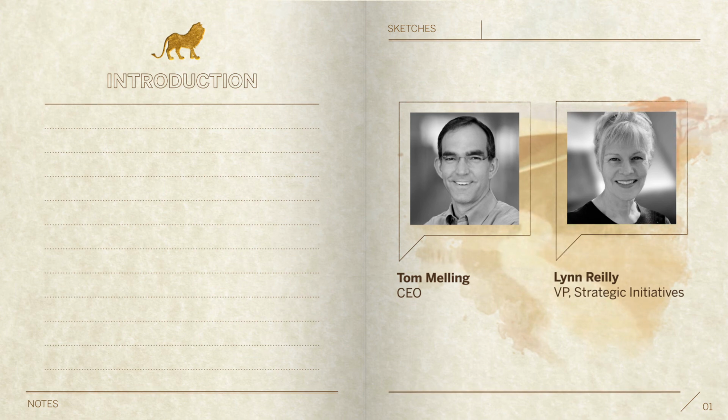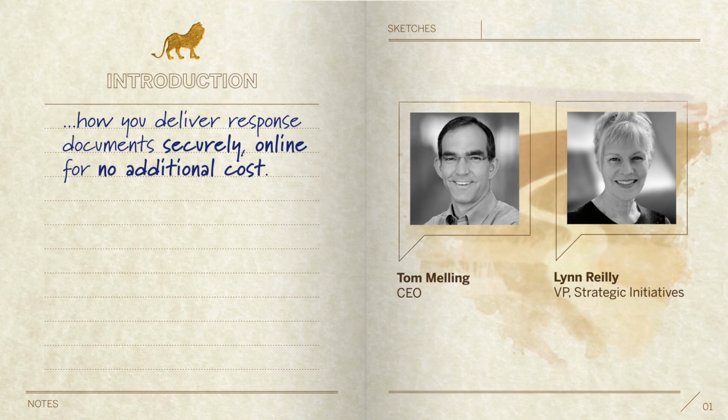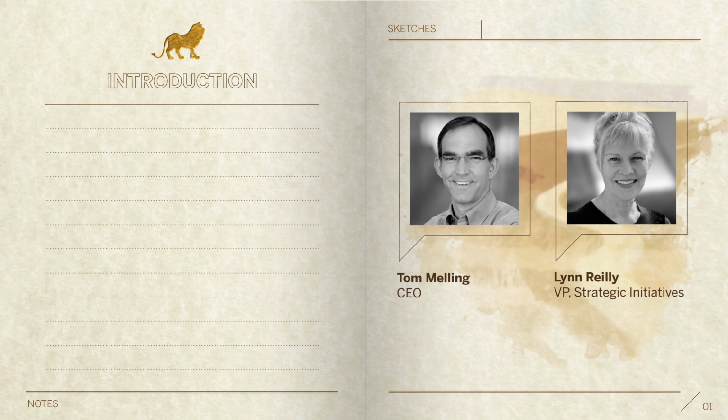In our last demo, we showed how legal process teams use Safari to track, process, and prepare responses to subpoenas. Here we'll demonstrate how you deliver response documents securely online for no additional cost. Lynn, please explain how legal process teams are currently delivering subpoena documents and how Safari's Secure Share portal improves on